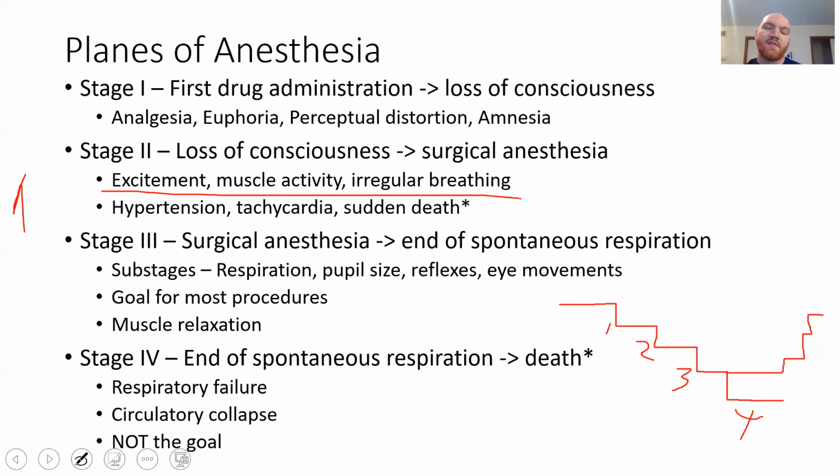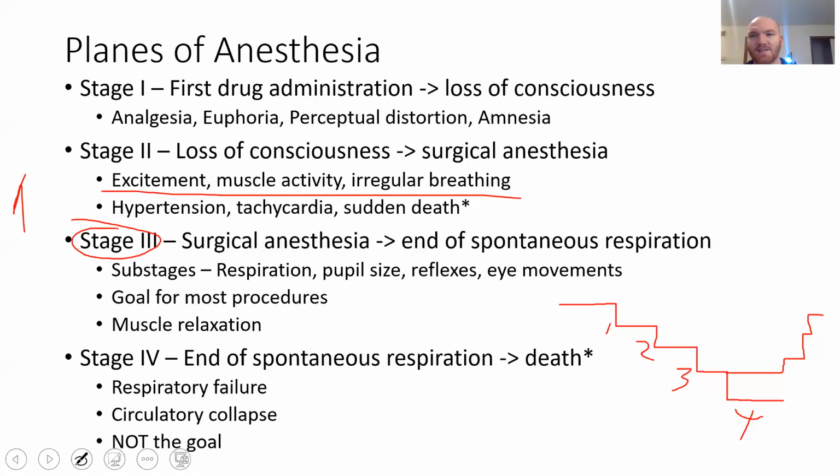And then in stage 3, surgical anesthesia has been started. This is the inhaled drugs, that kind of thing. And that lasts basically until the person is not able to breathe on their own and they're not initiating breaths on their own. There are substages of this that are graded based on respiration rate, pupil size, muscular reflexes, and eye movements. Generally, for most surgical procedures, stage 3 is where you want to have the person,